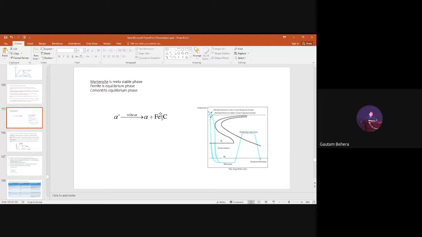But how will the product be, the morphology, the size and shape? Sir, pearlite? Suppose it is a eutectoid steel. Eutectoid steel, it is pearlite. But if it is a hypoeutectoid steel, then it will be ferrite plus pearlite. But here, what is the phase? Is there any pearlite present here? No, sir.